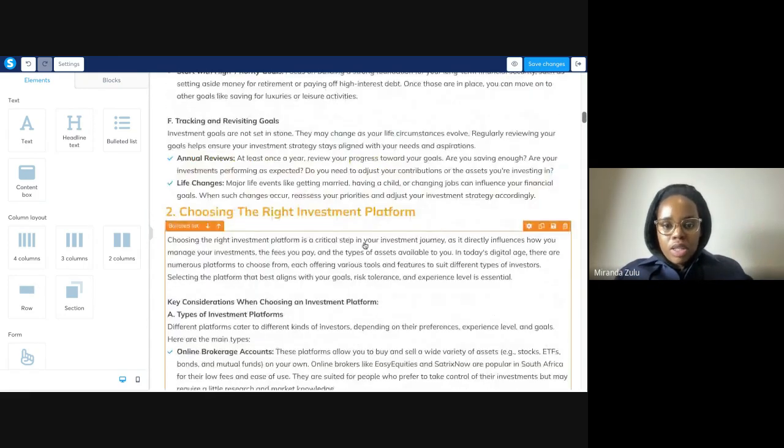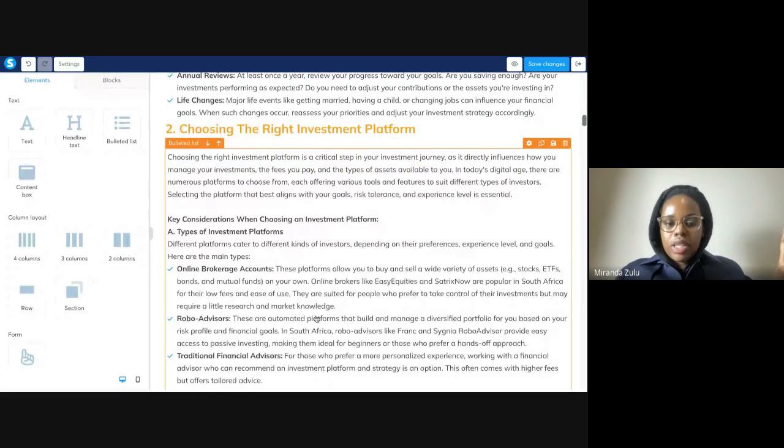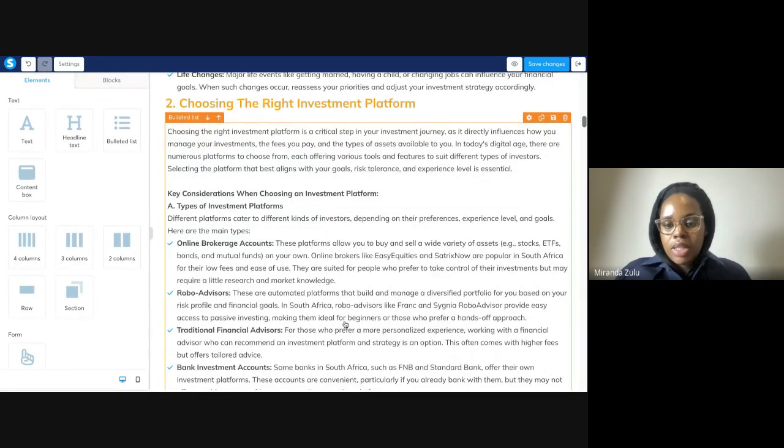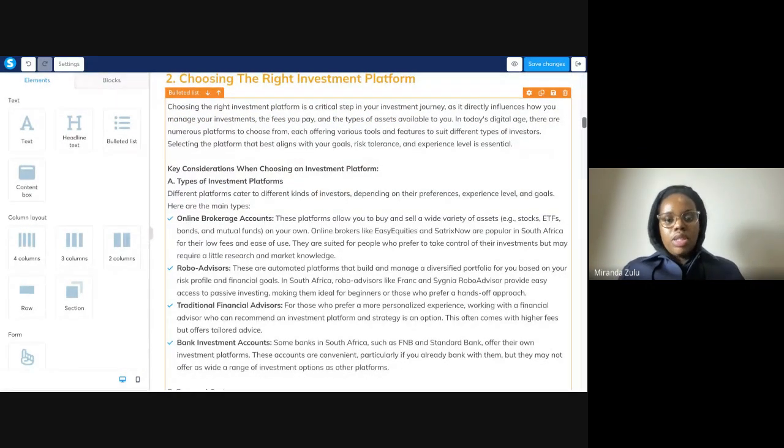And so once you've answered these questions, then the conversation of platform comes into place, because essentially you would need to decide, where are you going to put your money? Where are you going to be investing? And so it's important to understand why this is crucial, because it affects a lot of things. It affects the things that you can invest in. It affects the fees that you pay and the type of assets that are available to you, and just kind of finding the right investments that are suited to the type of person that you are and maybe your goals as well.